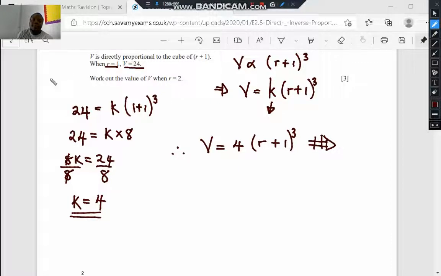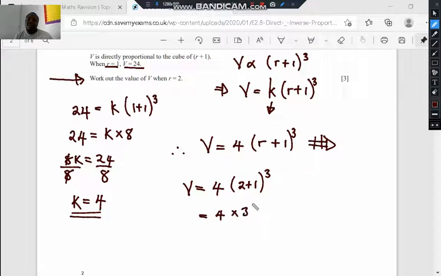So there is this part here which says work out the value of v when r is equal to 2. So we need to use this now. So we are going to say v would be equal to 4, open brackets, when r is equal to 2. So we're going to say 2 plus 1 cubed. So all we do here now is to say 4 times